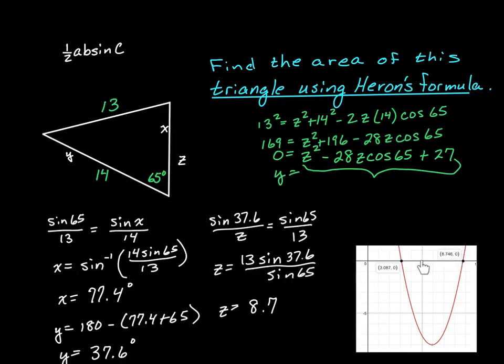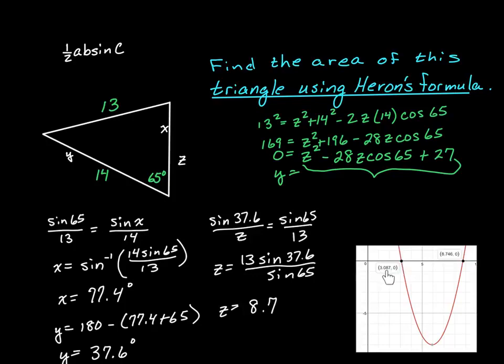That means there are two possible values for the length of this side, okay, Z. What that means is that we have an ambiguous triangle situation, ambiguous case, because this one will be used when